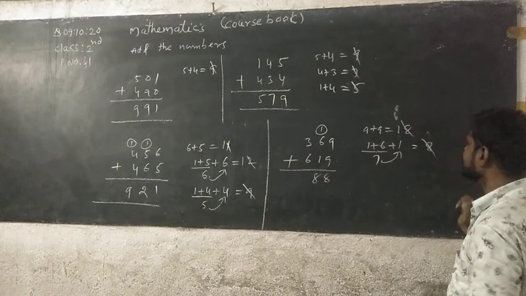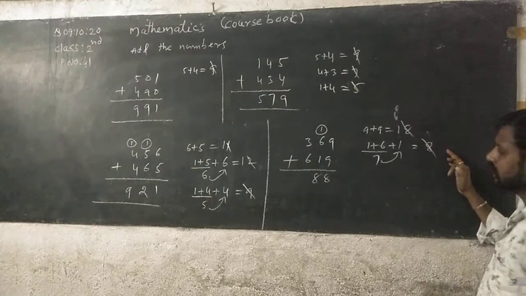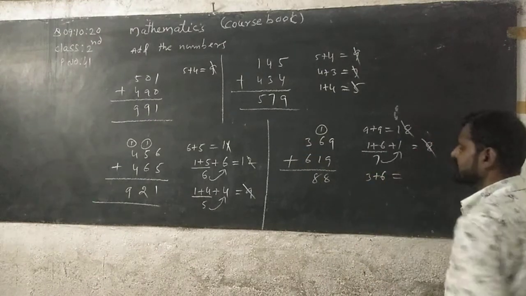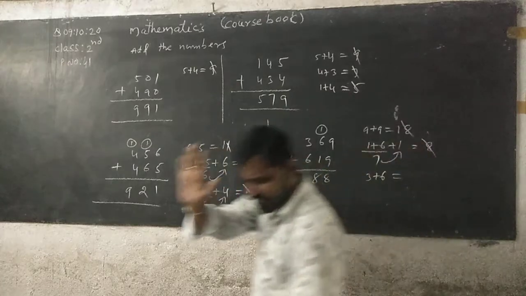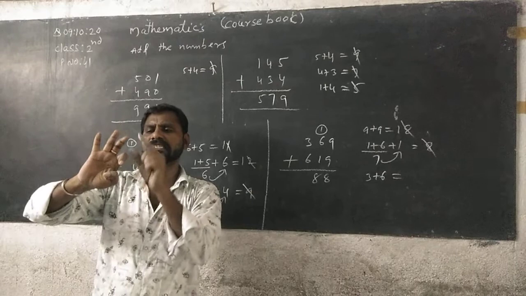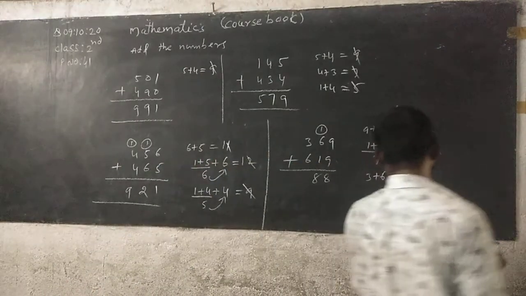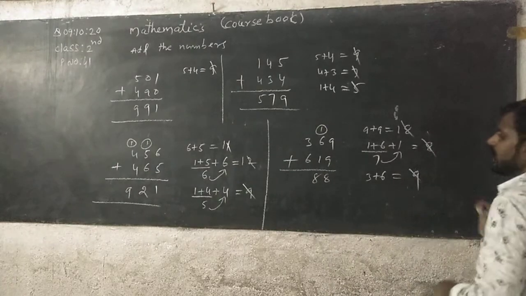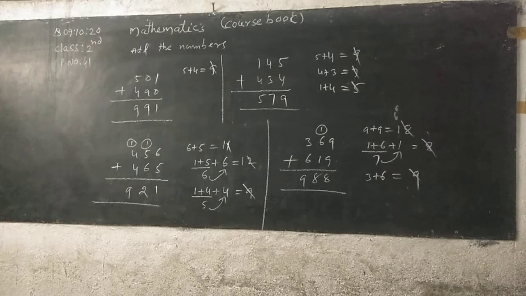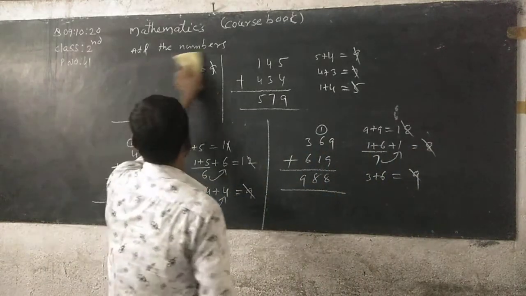Next we add the digits in hundreds place. This is the only one-digit number, you can write it directly. There is no carrying. Next 3 plus 6. So keep 3 in your mind and you have to take 6 fingers in your hand. You can count 3, after that 4, 5, 6, 7, 8, 9. 9, write down under hundreds column. Sum is equal to 988.